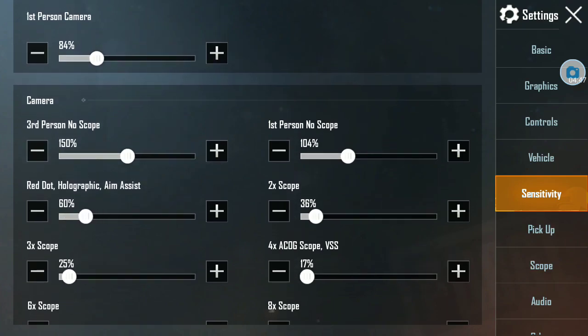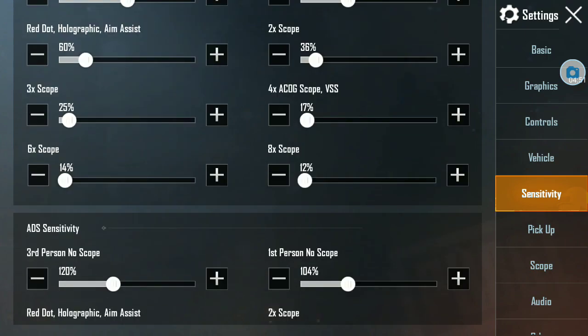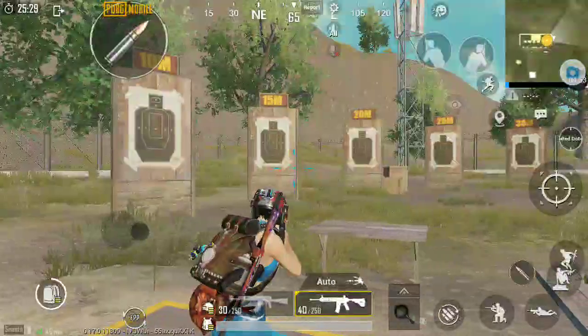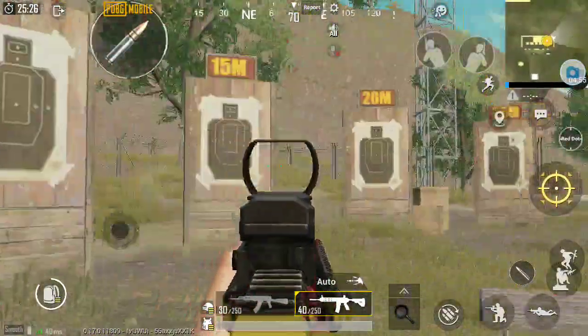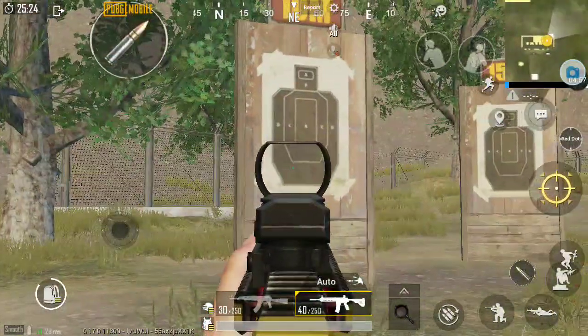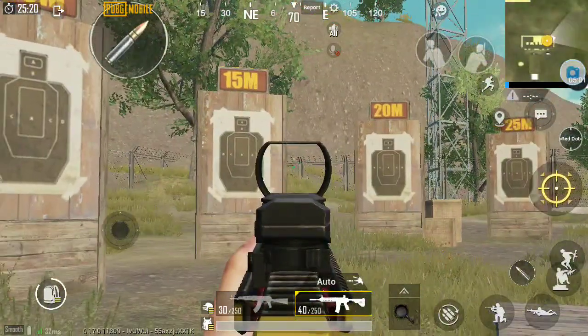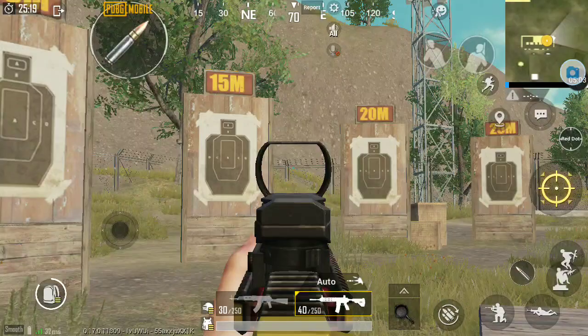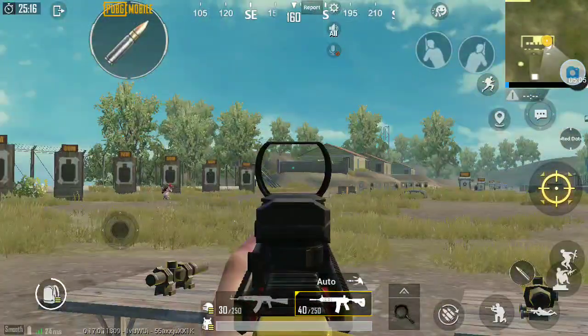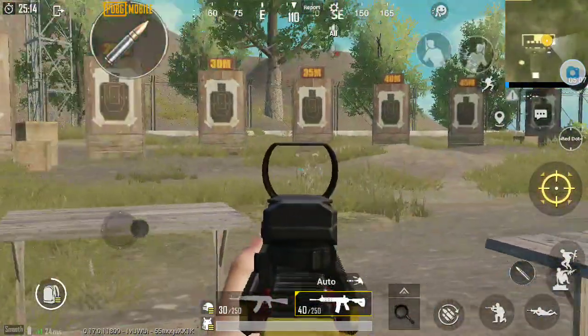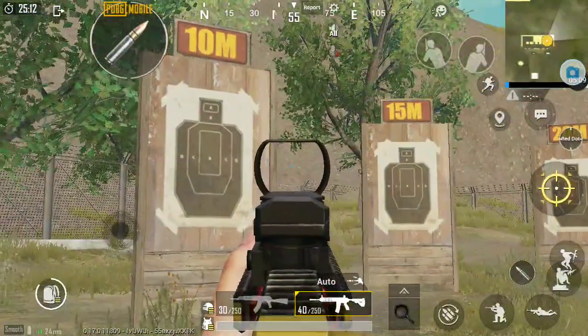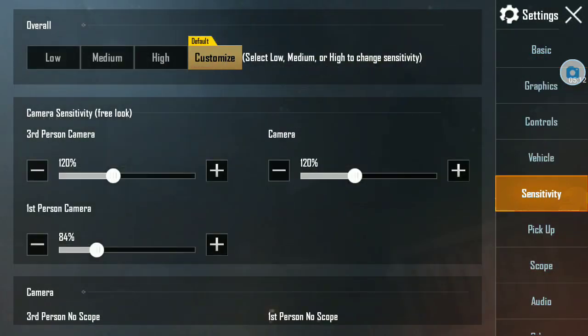And first of all, you just can't copy anyone's sensitivity. You have to find your own sensitivity. Just scope in and try to go from one target to another by one press of the thumb. If it's going too far, then your sensitivity is too high, so you have to adjust it.